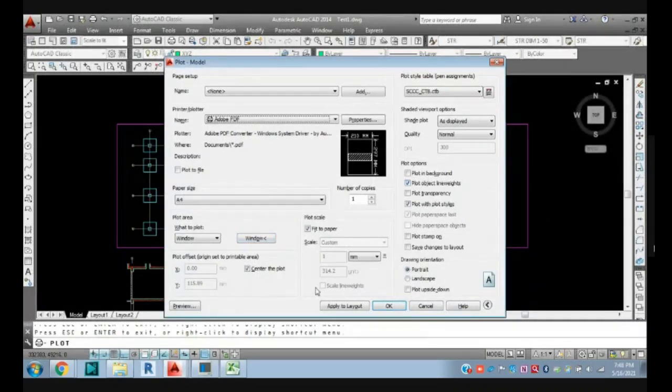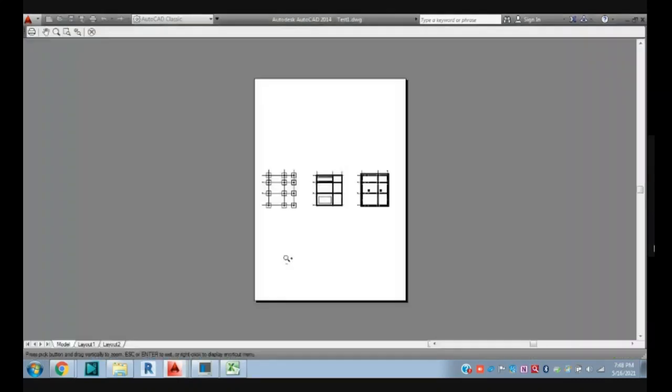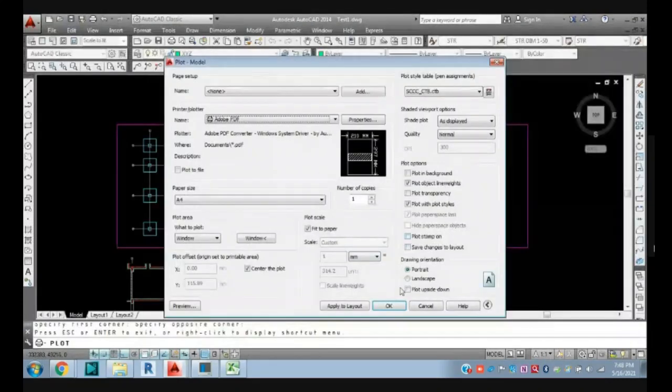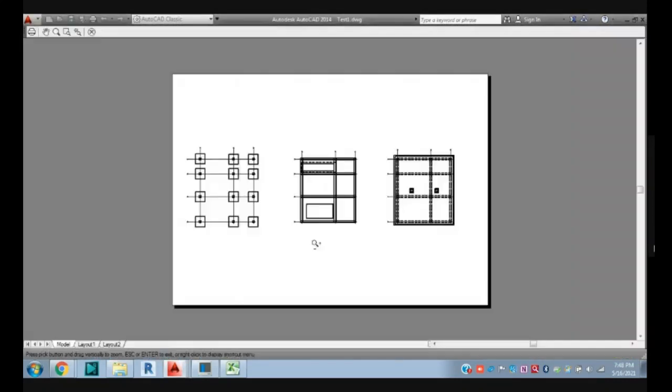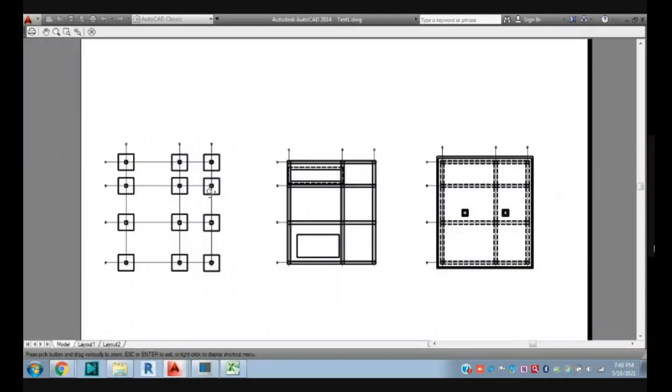Display, center the plot here, and you can give the window from here to here, preview. There is an option here, landscape; click on landscape, preview. Okay, so you can take a PDF by taking the window.